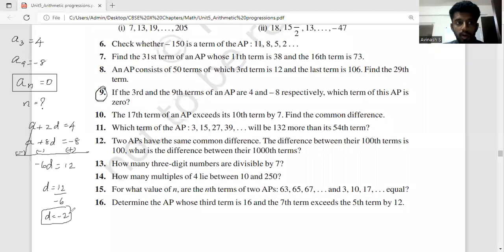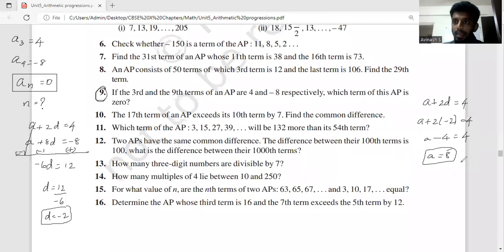And when we substitute this common difference in either of the equations, for example, I'm taking the first equation. So A plus 2D is 4. So A plus 2 times D, D is minus 2, which is equal to 4. So we get A minus 4 equals 4. So you get A equal to 8. So we get the value of A as 8 and D as